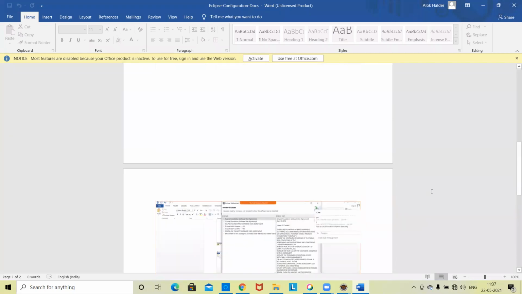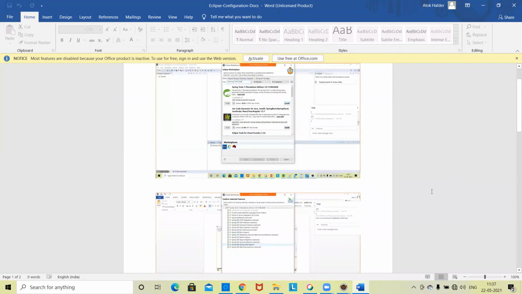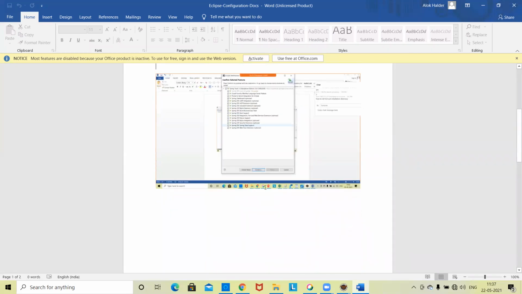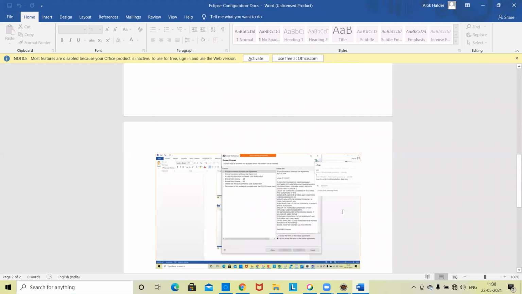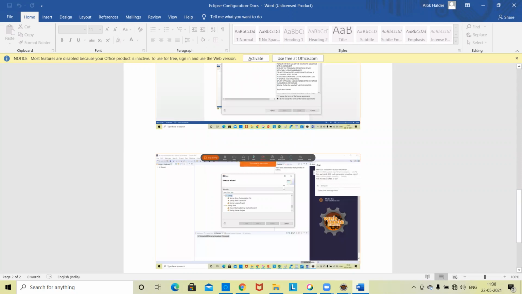Okay, those who are doing the install for the first time, after you click on the install link, this option will come. All of the things will be checked, and you just need to click on confirm. Then you need to click on I agree, I accept the terms and conditions, and then it will take some time, and it will restart your IDE. Eclipse will restart.